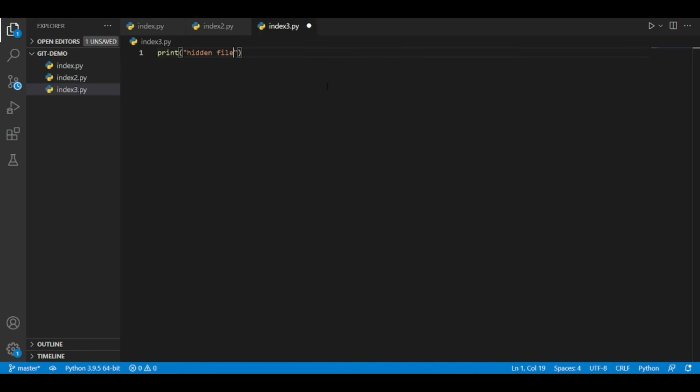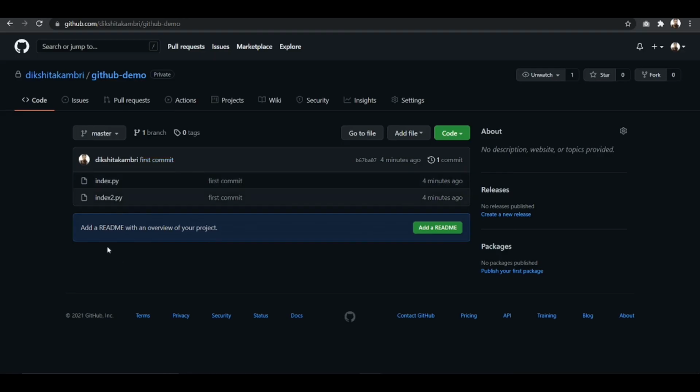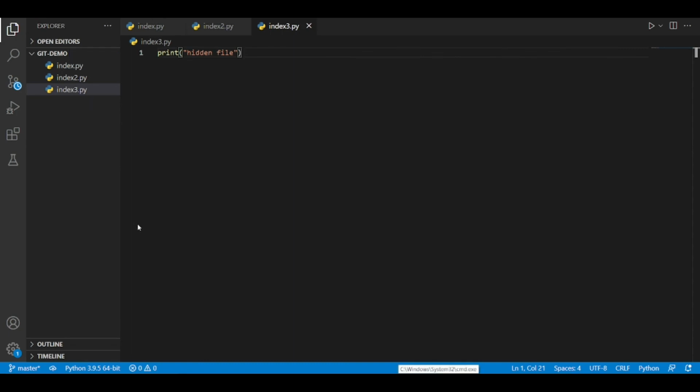If we run the command git add dot, it will add all these three files to the staging area, and if we push all those changes, all these three files will be visible in the online repository. But if you want to hide this third file from other people, what you can do is create one more file, which is .gitignore,